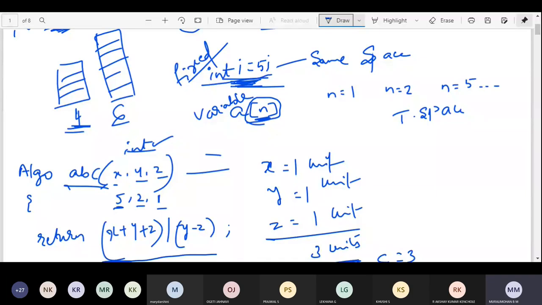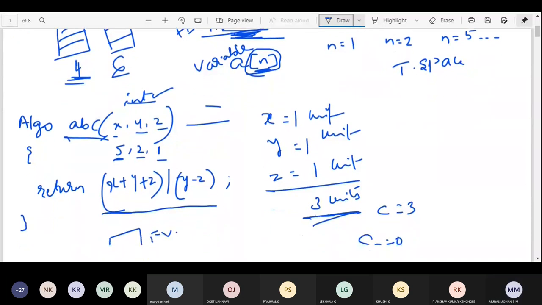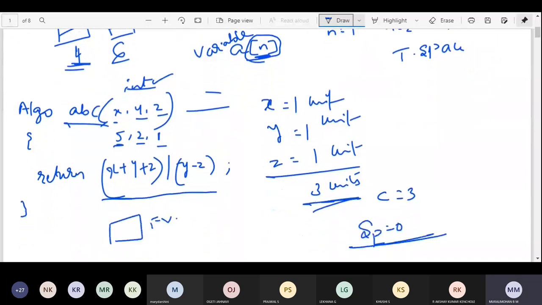Plus in the variable part, you should calculate based on the variable size: per one call, how much it is taking, into how many calls.